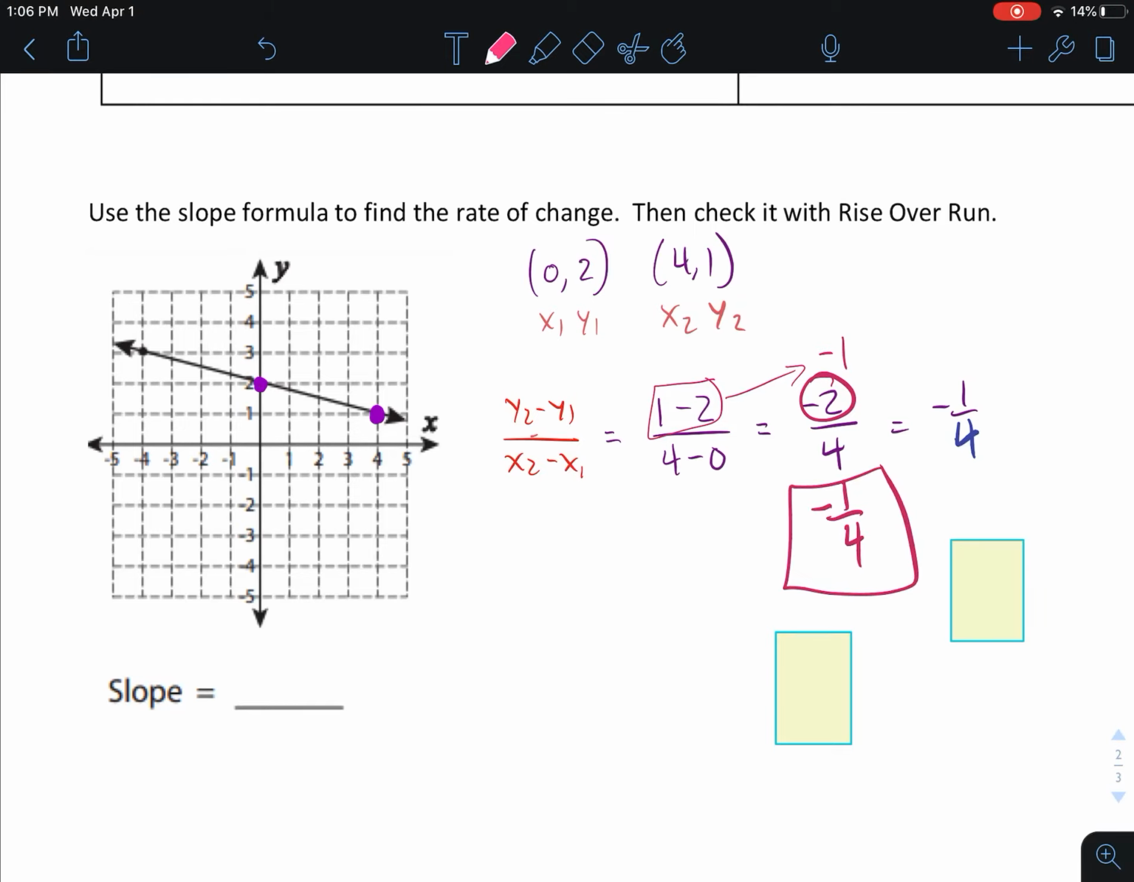That's it. You're good. And let's check that. I'm going to put -1/4 here. Let me check that with the graph. To get from this purple point to this purple point, I would go down 1 and over 4. So -1/4. It checks out both ways. Rise over run and the new